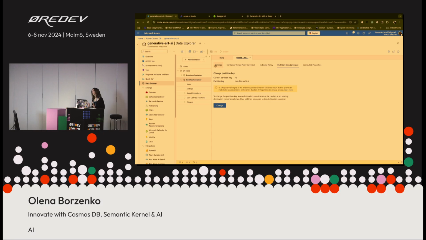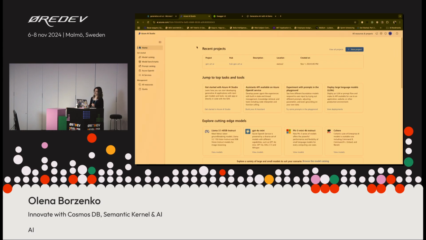For the partition keys, it's important to understand what the partition key is. This is just the property in your document that's going to be used for logical partitioning, so creating abstract groups of data. And why is it important? Because those logical partitions are stored on physical partitions, which means an actual data store. And there is no guarantee that all your logical partitions, so your whole data from the same container, will always be stored in the same data center. They can be distributed across multiple data centers, and that's why selecting the correct partition strategy is very important. So you avoid cross-partition querying. You avoid querying multiple data centers.